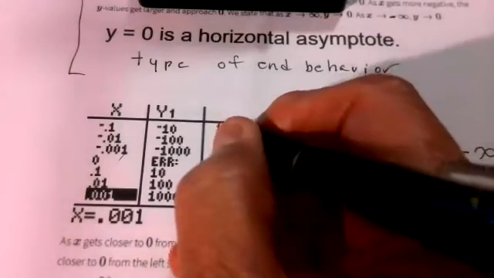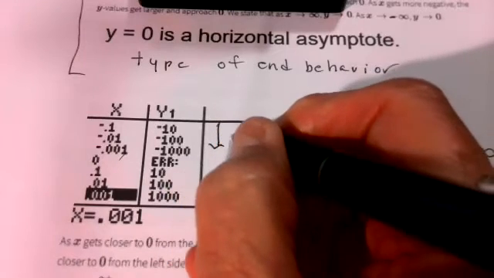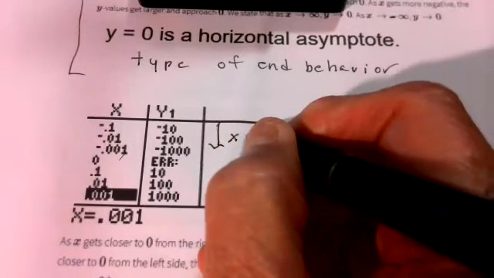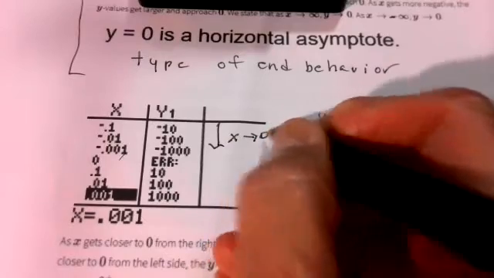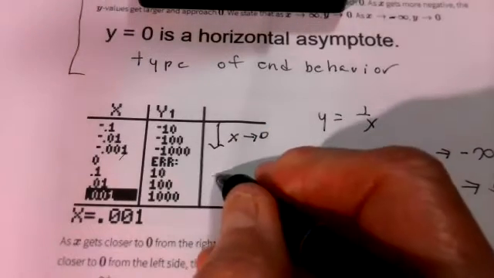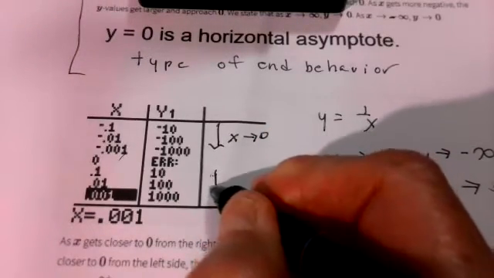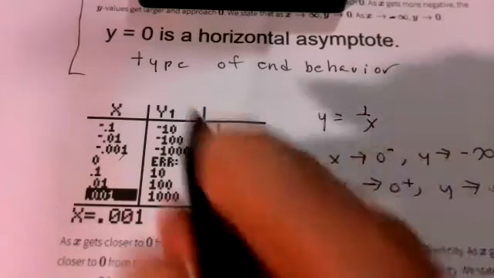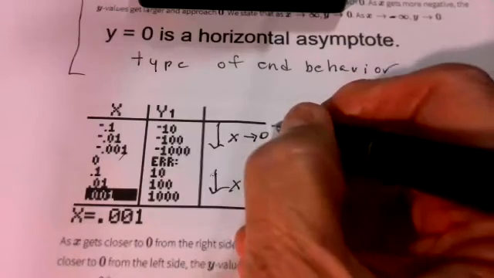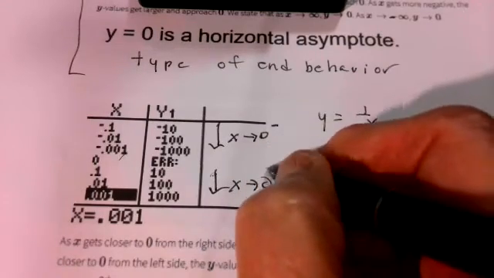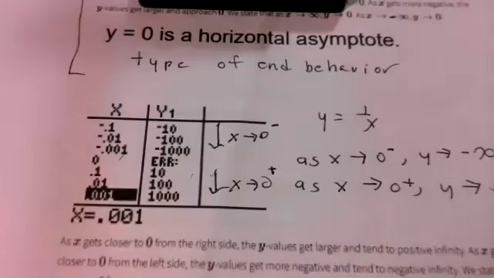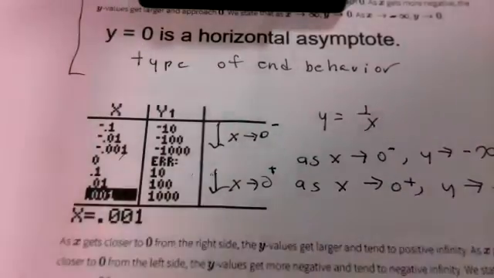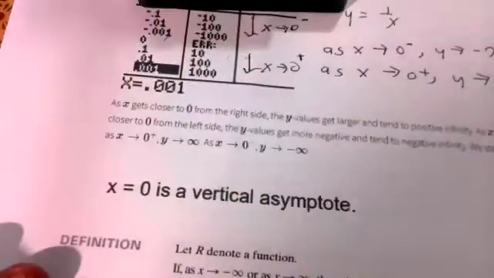So looking right here, x is going to 0. And right here, x is going to 0. This one is coming in to 0 from numbers less than 0, and this is coming into 0 from numbers greater than 0. So we say,